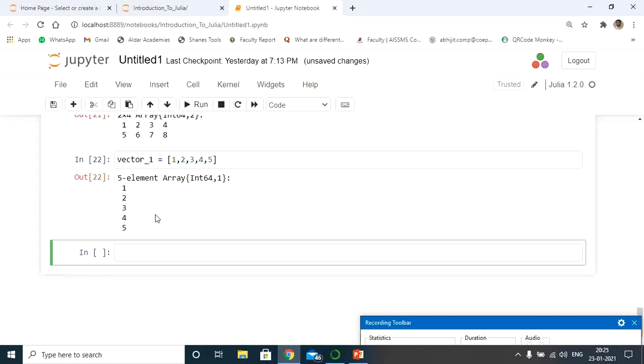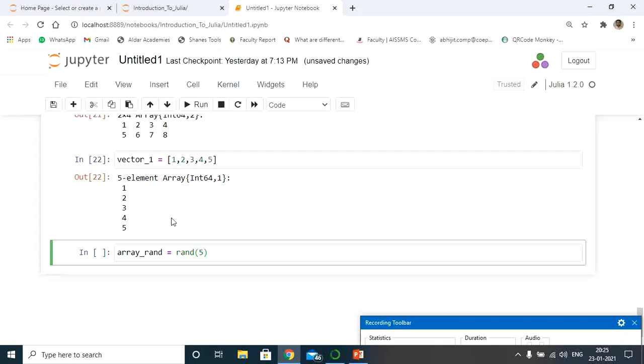Julia supports creating random variables using array techniques. Let's generate random elements using the Julia programming language. I'll create one more simple variable, array of random variable, equals to. You can use the method called rand, and I'm going to generate 5 elements here using the random method.